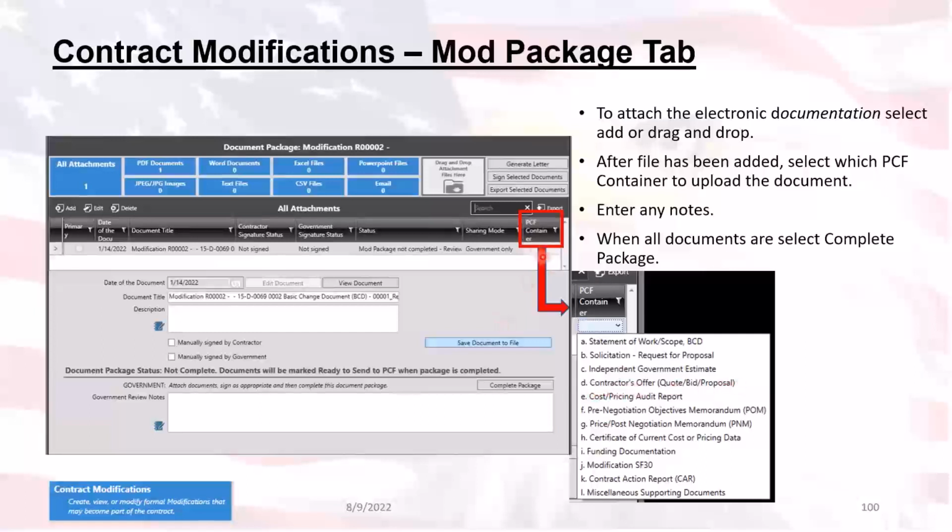You'll just set all that stuff, and then once everything is done, any documents that need to be signed are signed, you can go through and complete this package. Now, if you have not entered the PD squared number in the SF30-2 tab, do not complete this document package. Wait until the PD squared number has been entered, then complete this document package after you upload that fully completed